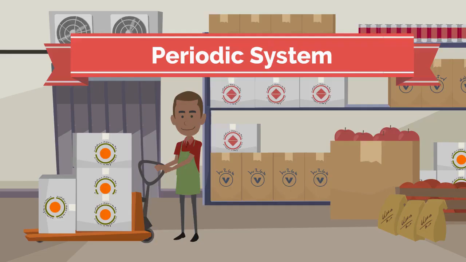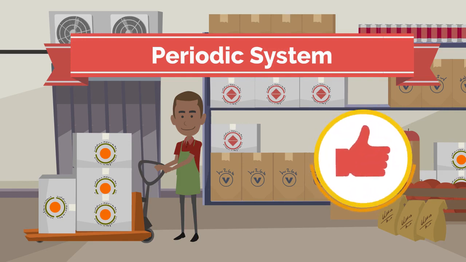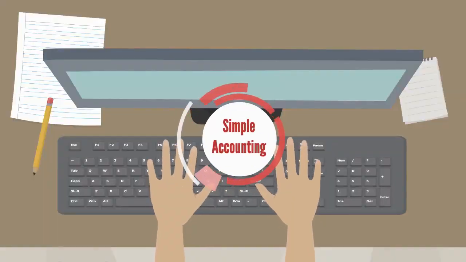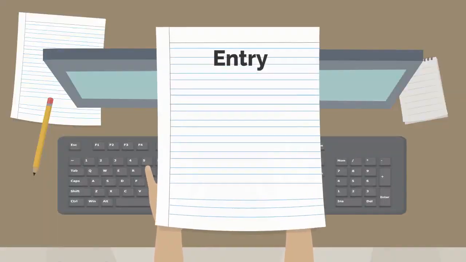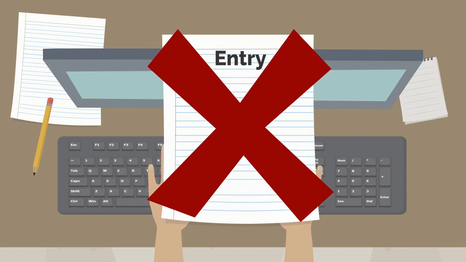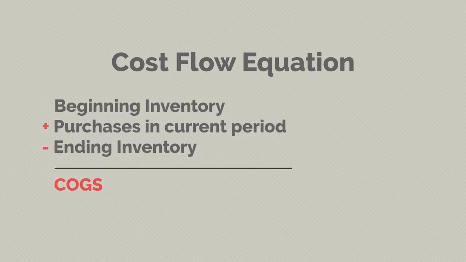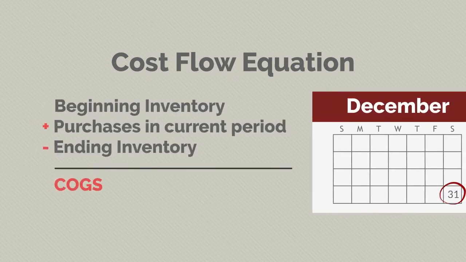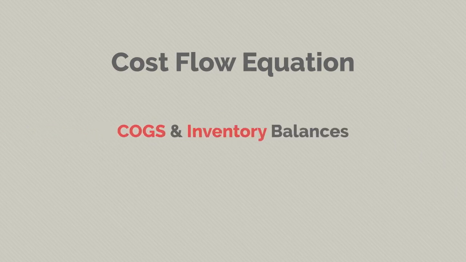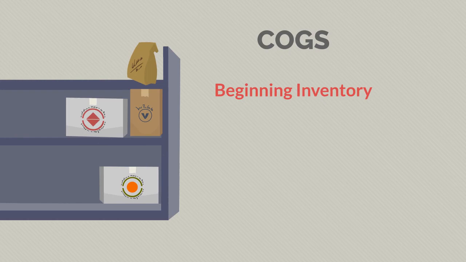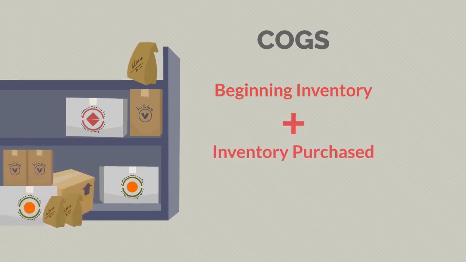On the other hand, the main advantage of a periodic inventory system is the simplicity in reading and accounting, as the system does not require an entry to be made for each sale. Instead, the cost flow equation is used once at the end of each period to determine the COGS and inventory account balances. The COGS cost flow equation tells us that COGS equals beginning inventory plus inventory purchases made in the